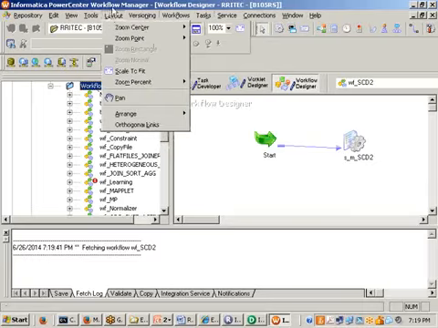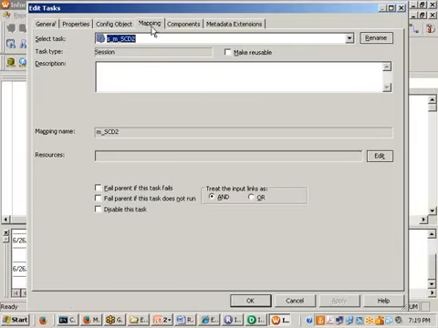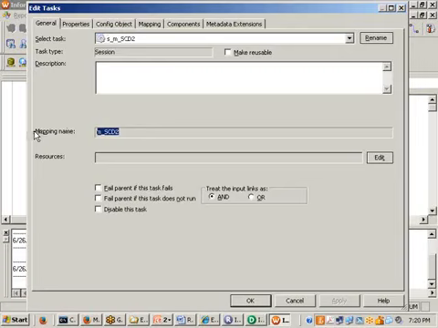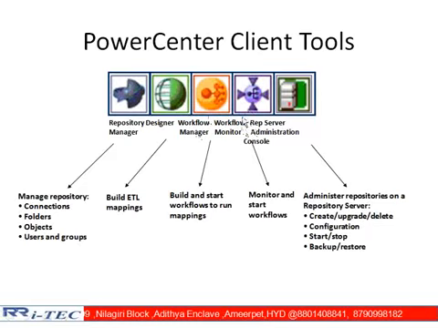Now tell me, what is the workflow manager's main advantage? Creating the workflows. In the workflow, what is the input, sir? Whatever mapping you created, that mapping is going to come as the input here. So that's what I am trying to tell. The fourth component available here is known as workflow manager. Next one available is called